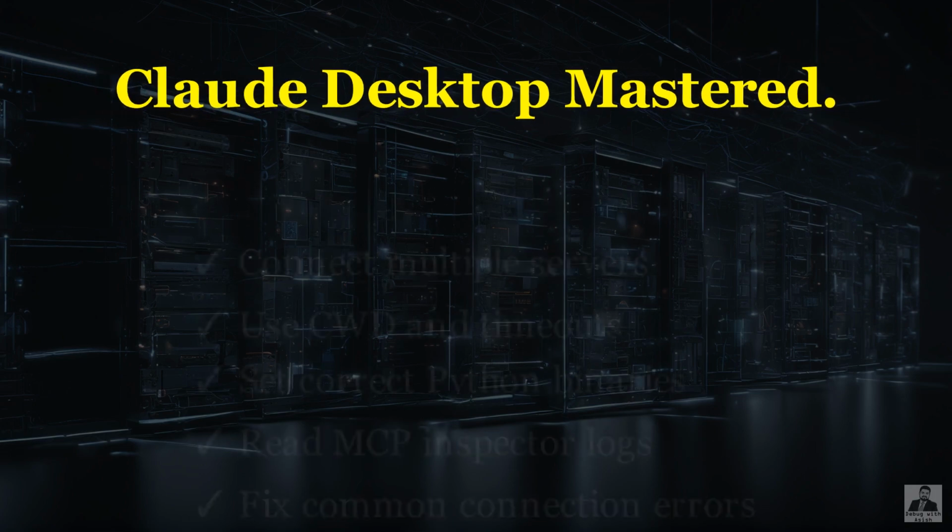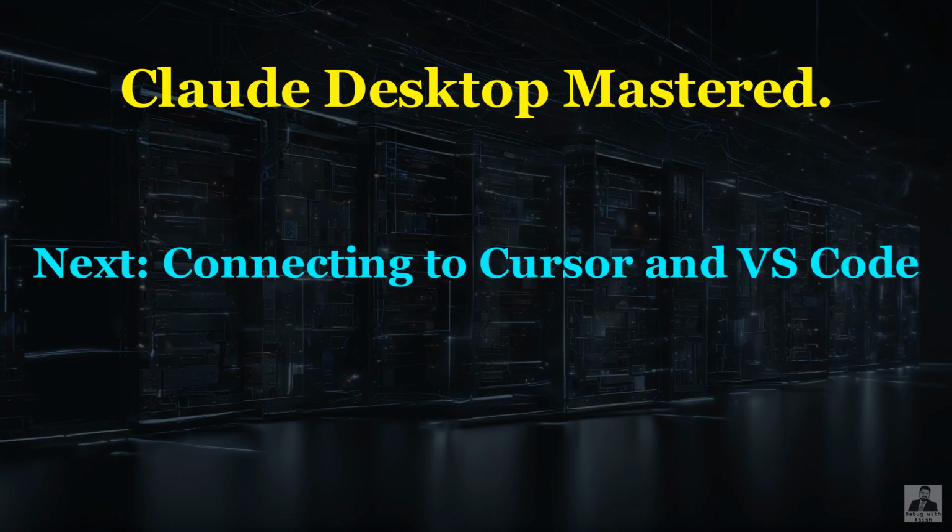In the next episode, we connect the same servers to Cursor and VS Code, which have their own config formats and important differences in how they handle tool